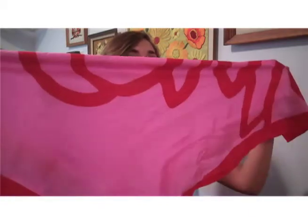Alright, the next way I'm going to show you is using a large square silk scarf. This one I have is probably like 3.5 by 3.5 feet, which I feel like is a little bit bigger than a normal size silk scarf, but you can really do it this way with lots of different sizes. You just have to play around with it and see which works best. So the first thing we're going to do is fold it into a triangle. Then we're going to take the long edge and put that